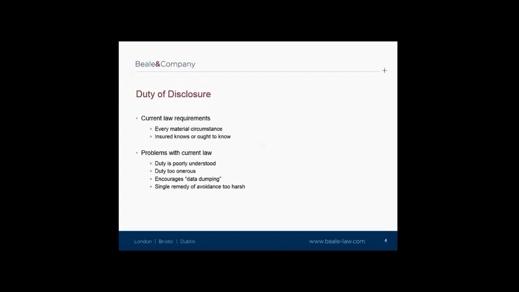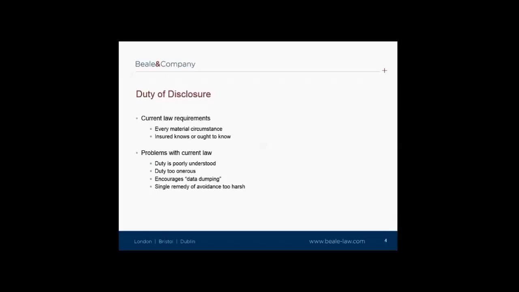Duty of disclosure. I'm just going to outline the problems with the current law. The duty of disclosure in insurance law historically imposed a heavy duty on insureds to disclose all information that would be material to an insurer, even if the insurer did not ask for it. The onerous requirement to disclose to the insurer every material circumstance which the insured knows or ought to know before concluding the contract of insurance was a basis for change by the Law Commission, as at present it allows for an insurer to void all its obligations under the policy if that duty is breached. This includes innocent breaches by the insured.